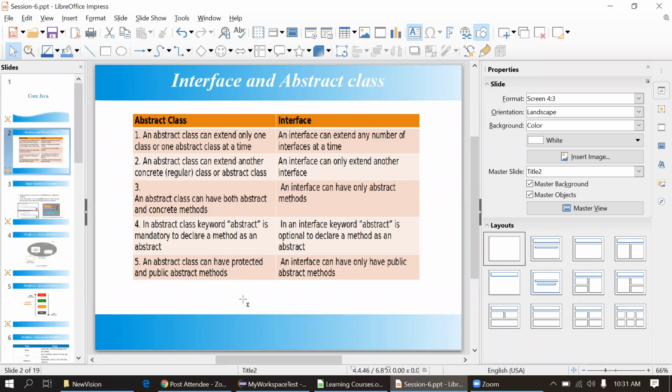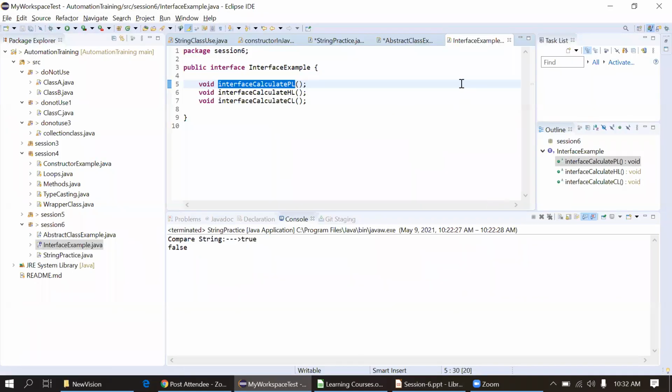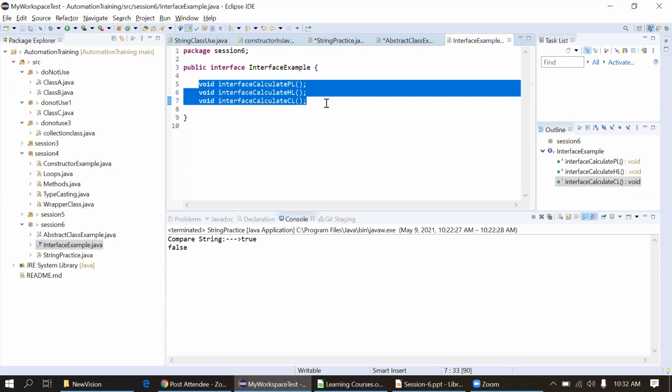Then point 5, an abstract class can have protected and public abstract methods, and an interface can have only public abstract methods. The reason behind that is an interface can be implemented by anyone, so it can be accessed outside the package, outside the classes. That's why it should always be public.